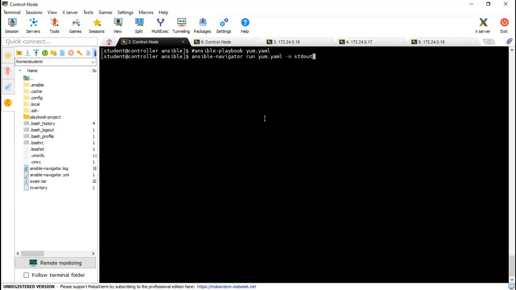Why am I telling you both of the commands? Just because ansible-navigator will need that navigator YML file. If you forget that, or if you're not able to create that file, it will be good to run ansible-playbook. So both commands do the same functionality.